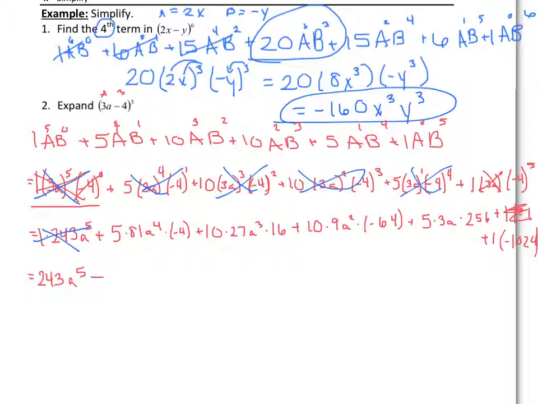So a negative 1,620 a to the 4th. And then 10 times 27 times 16 is going to be positive $4,320 a to the 3rd. 10 times 9 times negative 64 is going to give me a negative